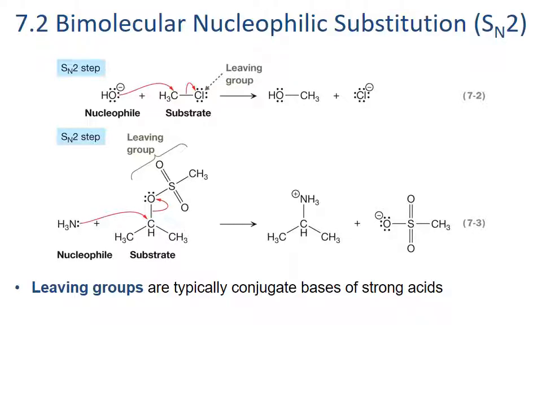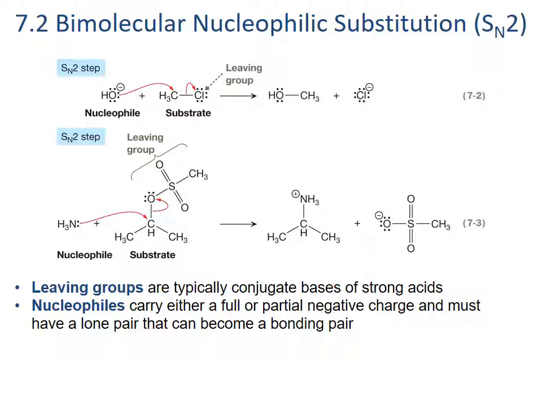In this type of reaction, we necessarily need a leaving group as well as a nucleophile, because we cannot exceed a full valence on the atom being substituted. So a leaving group needs to leave in order to make room for the nucleophile to come in. Since the leaving group needs to be somewhat stable on its own, they are usually best when they are the conjugate bases of strong acids. Remember from last chapter that these acids are usually strong in the first place because they can stabilize the charge